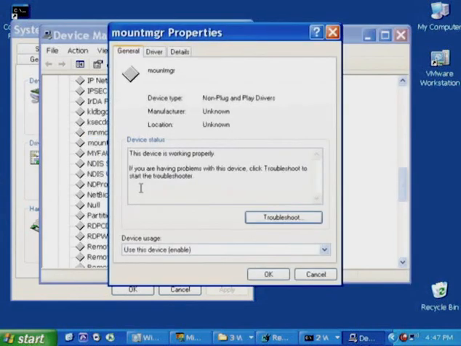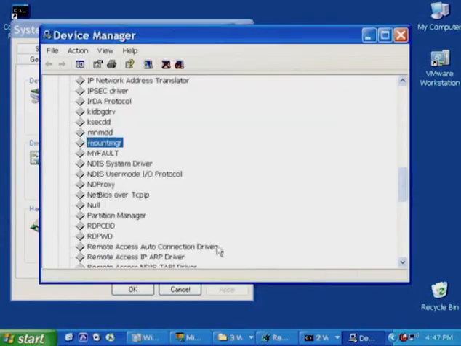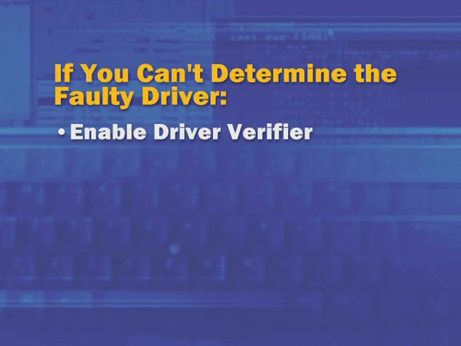And when you open the properties for that, you still get the ability to enable or disable those drivers. If you're talking about rootkit-based malware that installs itself as a driver that you want to disable, those will almost always show up in this part of Device Manager. If you can't determine the faulty driver, so you're getting crashes that don't have a repeatable pattern or point to Windows core system files or system drivers as the culprit, then you want to try enabling Driver Verifier.